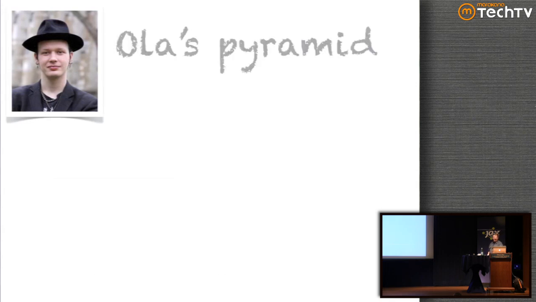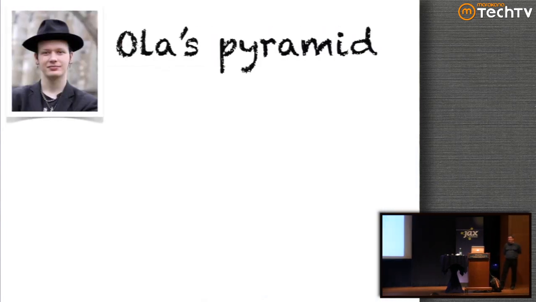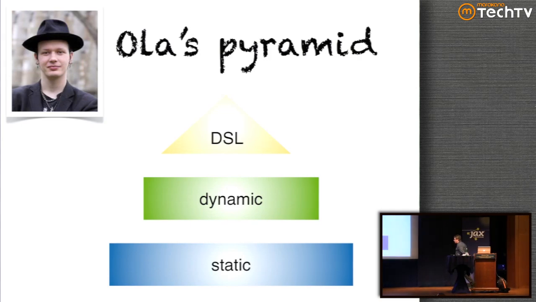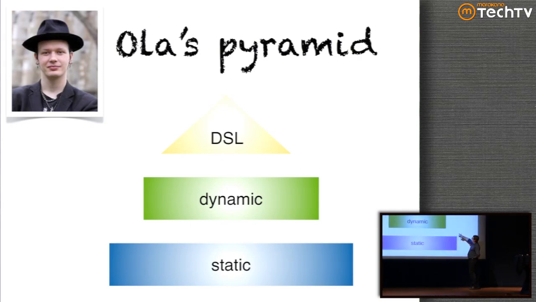So I'll leave you with this. Actually, let me back up one. Back in 2006, I kind of accidentally repopularized this term polyglot programming, this idea that when we have really super powerful runtimes like Java, then you can start mixing and matching languages on that runtime. And my colleague Ola Bini, when I came out with my polyglot programming post, came out with a pyramid where he suggested that maybe you want more statically verifiable languages on the bottom, easier to use dynamic languages in the middle, and then DSLs kind of riding on top of all those.